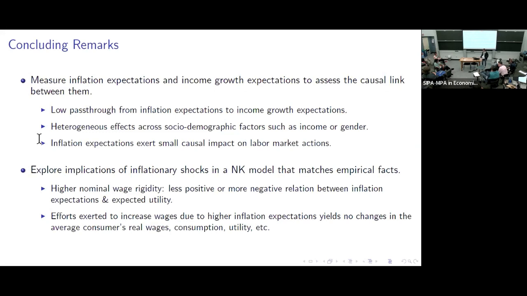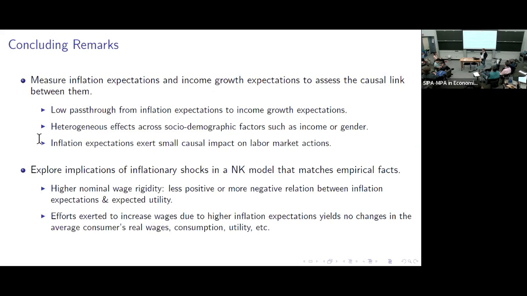So let me start from the asymmetry. That's a good point. So in the paper, in the main result, the interpretation is that you can go 1 percentage point higher or lower, and the effect would be again symmetric. It's an interesting point that we haven't incorporated in the RCT experiment.